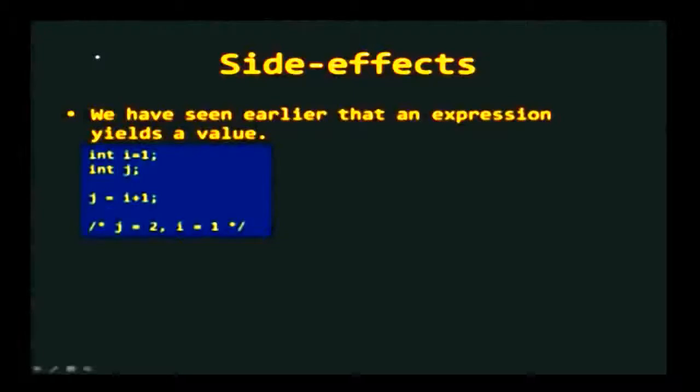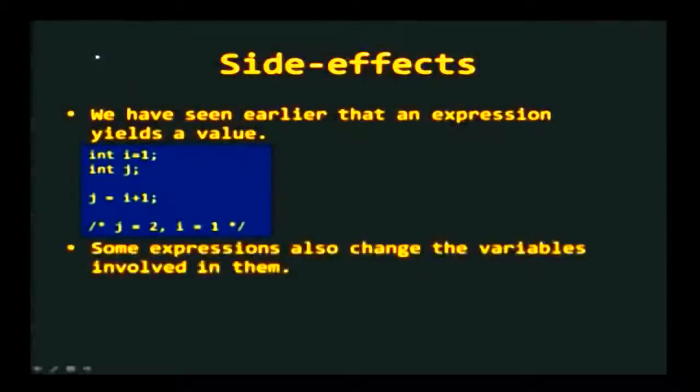If you have integer variables i and j, i is assigned 1 and then you say that j is assigned i plus 1. What happens is that you take the value of i, add 1 to it, and the resulting value is the result of the expression i plus 1. So, the result of the expression will be 2, which is assigned to j. The value of i itself is unchanged due to an expression like i plus 1. It is just that you read the value of i, use it and then return the value of i plus 1.